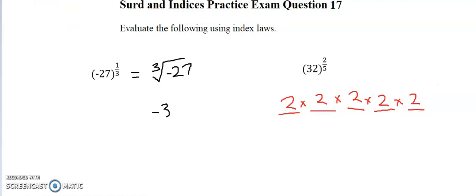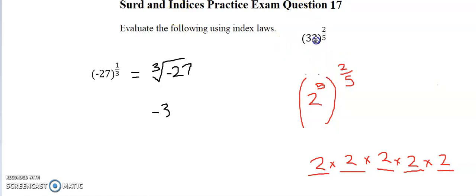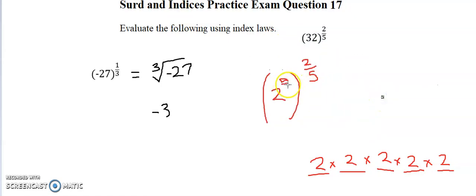Now that is what it would be if it was just 1/5, but I'm just going to move this down a minute and show you. So I could rewrite this as 2 to the power of 5 in brackets to the power of 2/5. Now one thing that we know is that when we are solving using our understanding of index law, to the power of 5 to the power of 2/5, that means these two are timesing together. So in actual, it's saying I've got